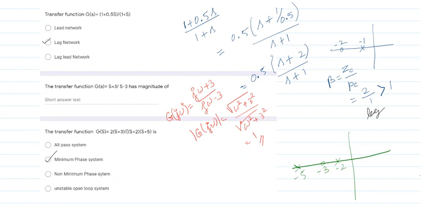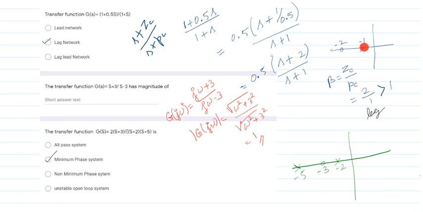So when the question is given, try to write it in s plus zc over s plus pc format, right? So we should not have a term next to s. This is the best way to solve. So take 0.5. Now 1 by 0.5 is 2. So we got the answer in s plus 2 divided by s plus 1. So what is the zero? Zero is at minus 2. Pole is at minus 1.